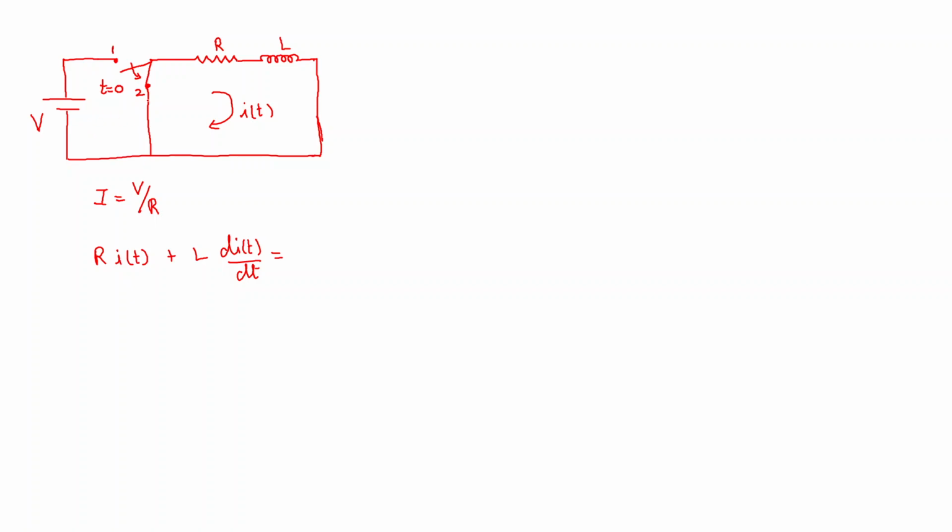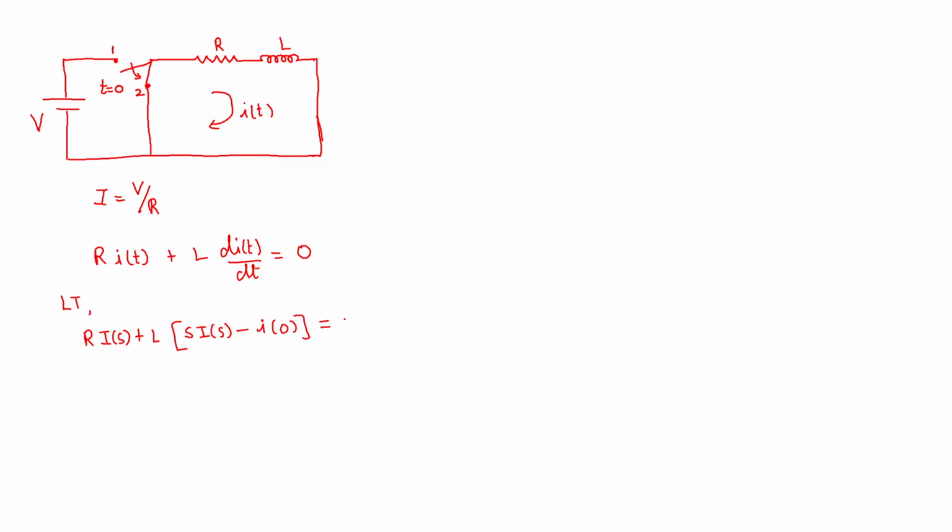But there is no supply connected here, so it is equal to 0. Let me apply Laplace transformation to this equation. It becomes R into capital I of s plus L into s into I of s minus i of 0